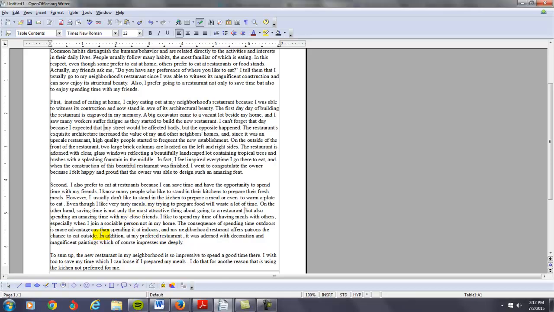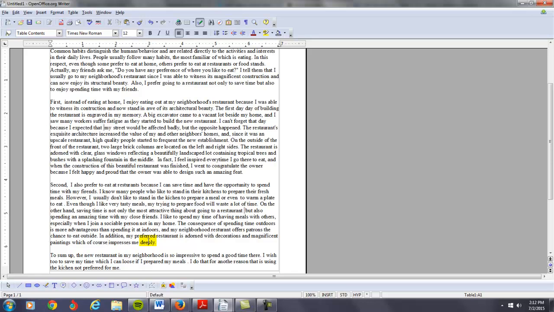Alright, so here we have an addition at my preferred restaurant. How about this? Get rid of the word at. Now we have our subject here: my preferred restaurant. I'm going to state simple present here because it's still like that now, right? So, my preferred restaurant is adorned with decorations and magnificent paintings, which of course,